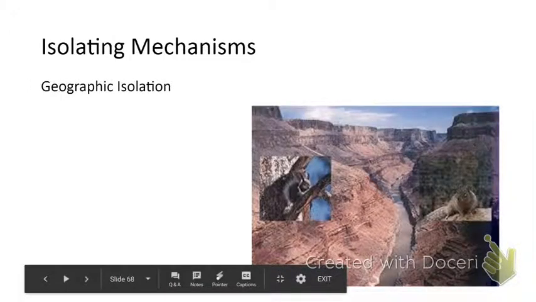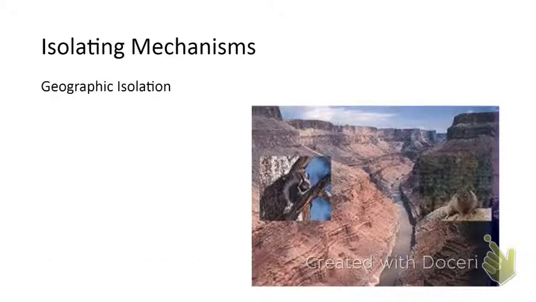Geographic isolation, so what happens a lot of times is they're separated by geography. Sometimes something happens, in this case, this is the Grand Canyon, and so these are two different squirrels that got separated. I forgot the name of the squirrels, but they were one species at one point, and then the Colorado River cut through the Grand Canyon, they were separated, and you can see they look very different today. They started only reproducing amongst themselves, and they adapted to their own environment, and so they look different, and they're different species.